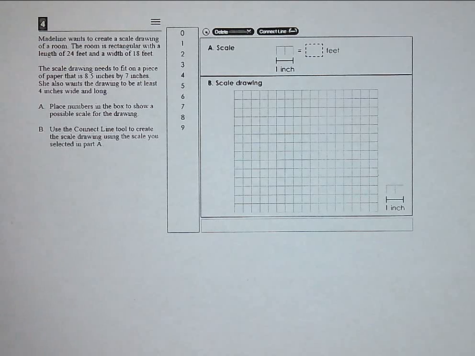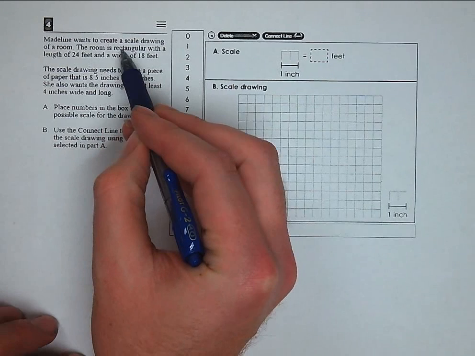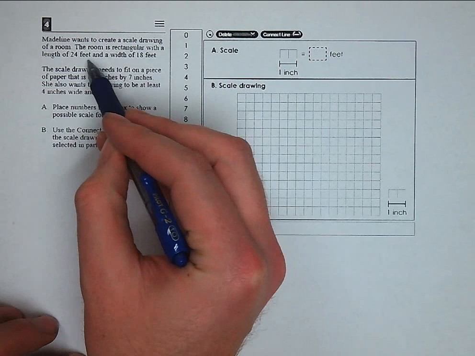Problem number 4 says that Madeline wants to create a scale drawing of a room. So if she's making a scale drawing, that means she's going to make a small drawing to represent something that's much larger. So her small drawing is representing her larger room. And we know that the actual room is rectangular with a length of 24 feet and a width of 18